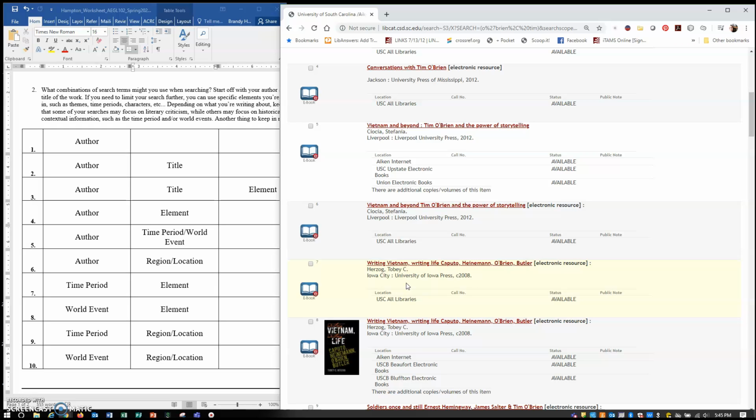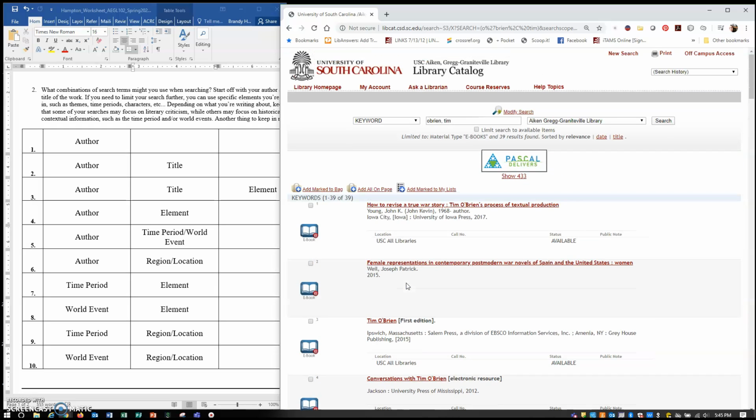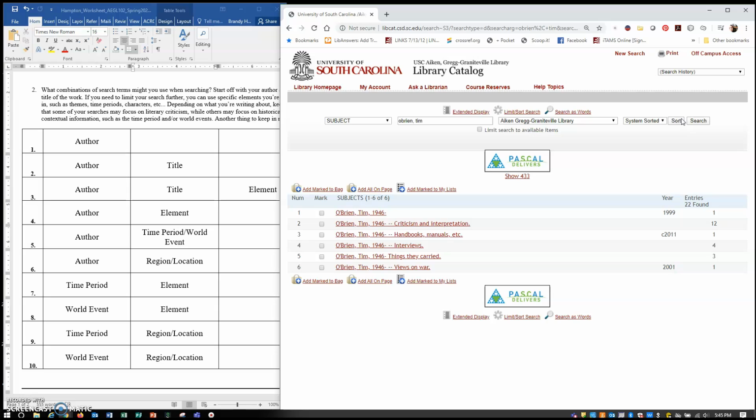Another thing that you can do, if we scroll back up, this drop down that appears next to the search box on the library's homepage only gave you like three options: keyword, title, and author. But once you get into the catalog, it gives you more options, including subject. If we search our author's name as a subject and then click search, we get a different type of results